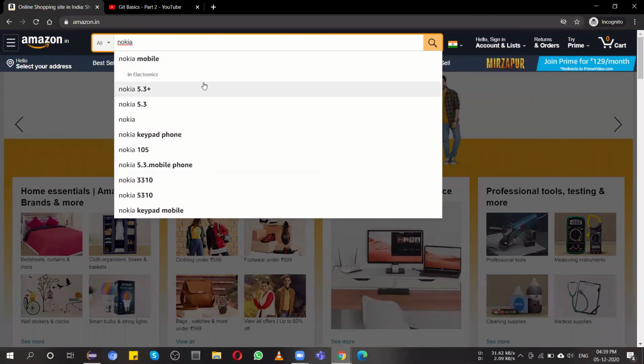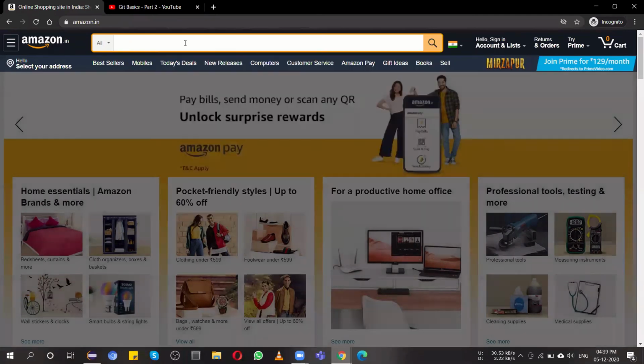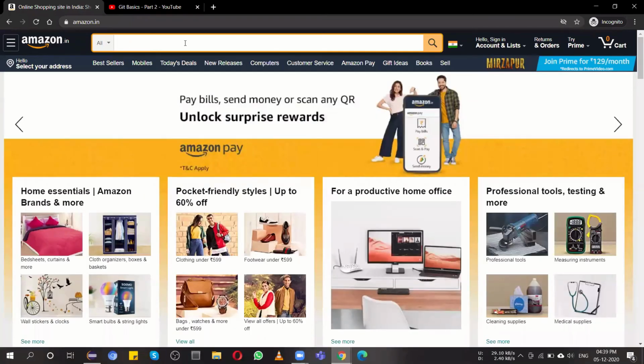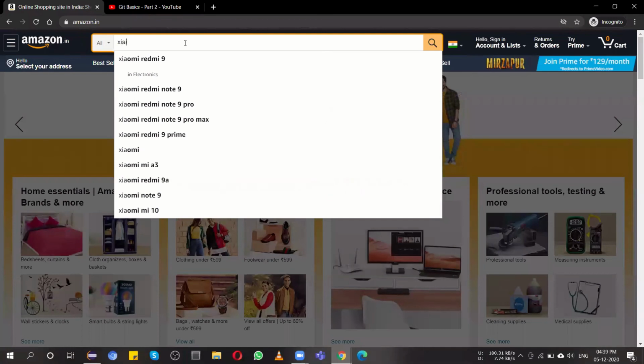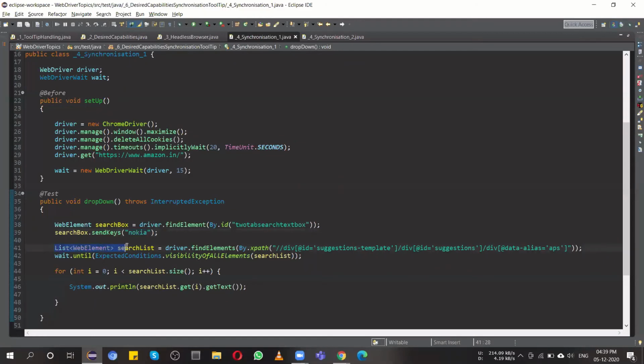If you wish to write some other thing, it will come different, but the XPath will remain just the same. So here I first find the list of web elements with driver.findElements, and then I applied wait.until, ExpectedConditions is the class, visibilityOfAllElements.